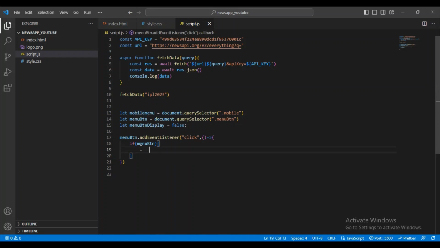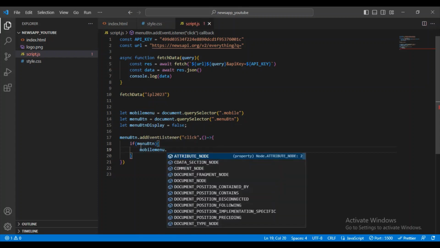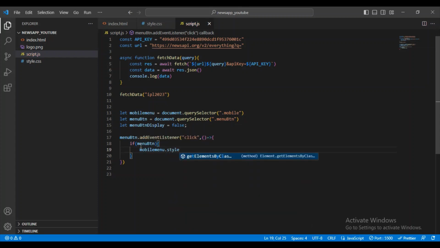Let me give this mobile menu dot style dot display,